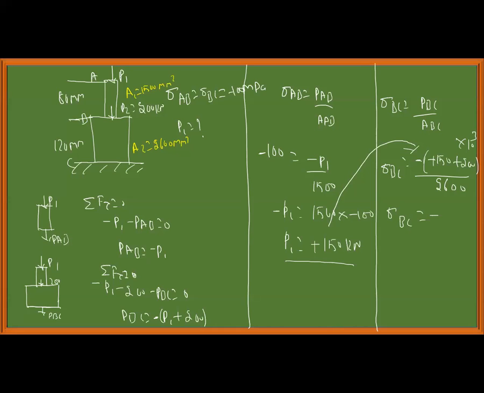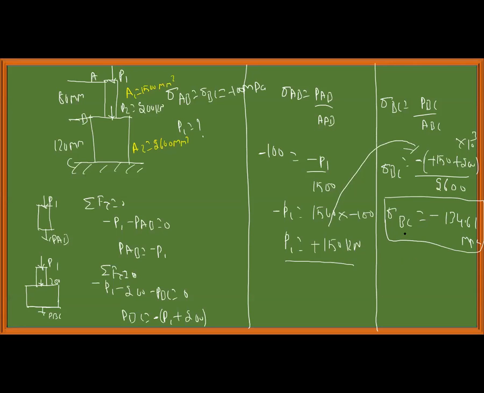What is sigma BC? 150 plus 200 into 10 power 3 by 2600. 134.61 MPa. You should note that by taking load equal to 150 kilonewton,